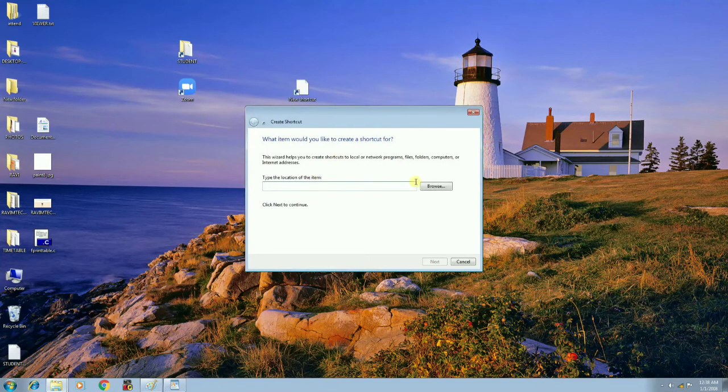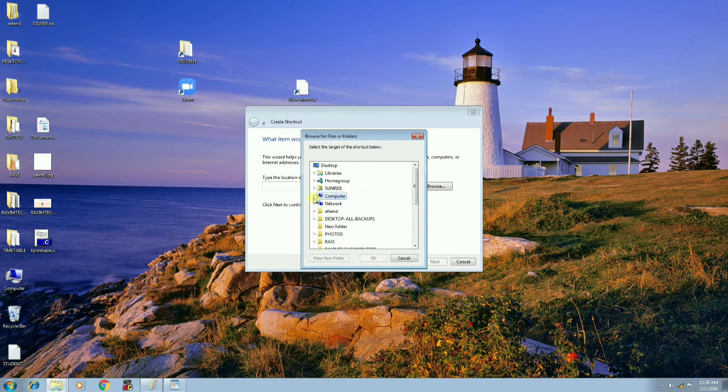Okay, now it is asking for which folder you want to create the shortcut, or for which file you want to create the shortcut. You have to provide the location. By clicking on the browse button, you are going to select the folder for which you want to create the shortcut. Click on the browse button. In my computer, for example, for the C programs folder, I want to create the shortcut. Where was it available? In the computer D drive. In the D drive, the C programs folder was there. For that folder, I am creating the shortcut to open those programs very fast.